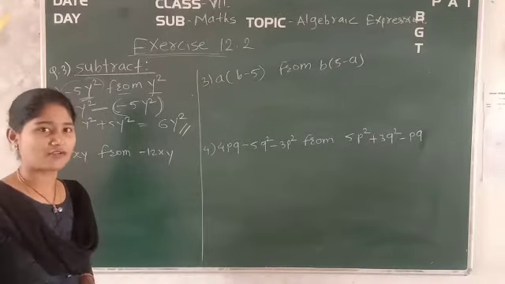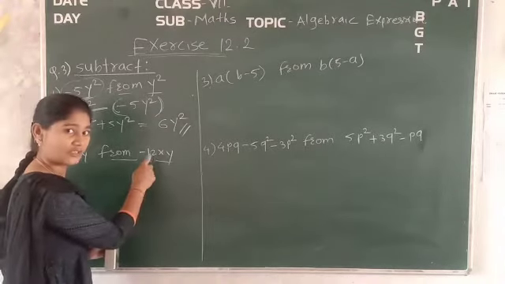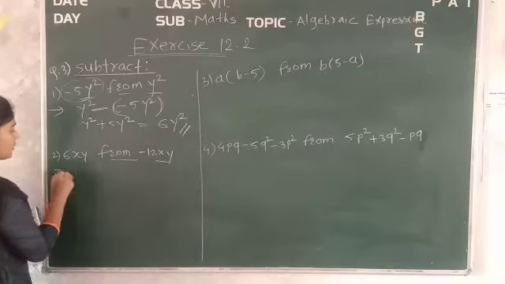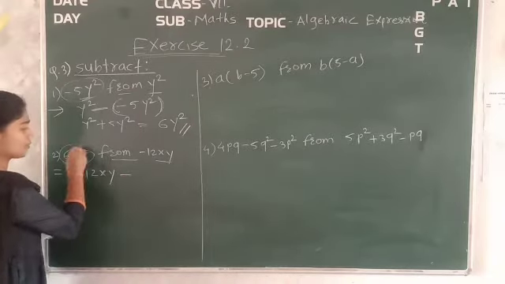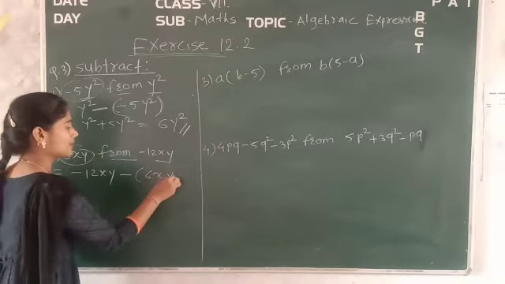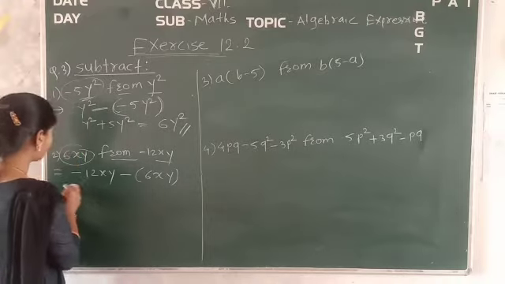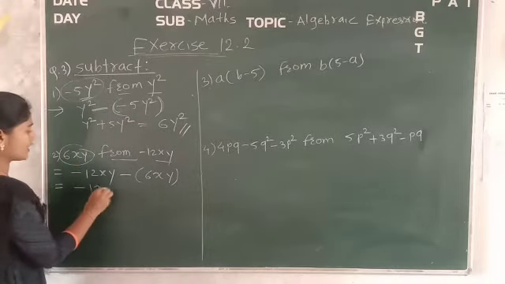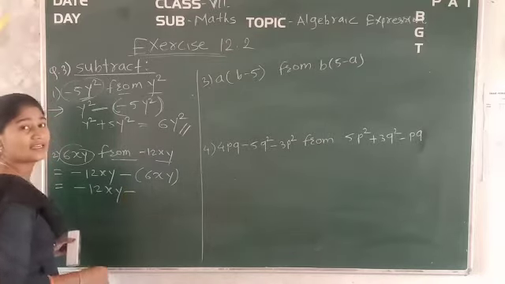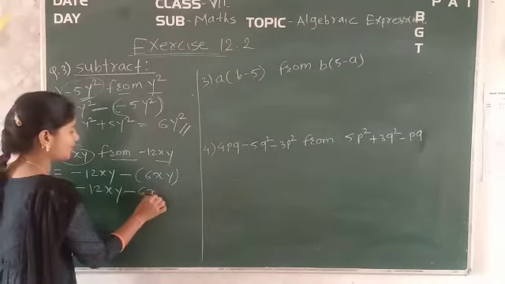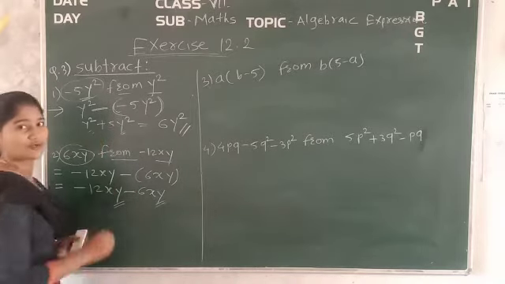Okay, in the same way we have to calculate the next. That is this, from whatever the number which is after from, you have to write down it first. Okay, so which is equal to minus 12xy minus first number in the bracket, that is plus 6y is here, that's why we will keep it plus 6y. Okay, which is equal to, now minus 12xy, it will be remain as it is. Okay, minus into plus minus. Okay, minus 6xy. Now see, both are the terms related to xy only, as here it was related to y square, and same